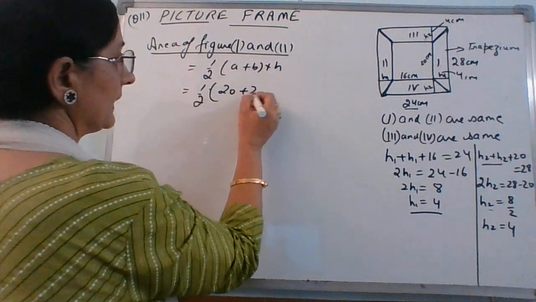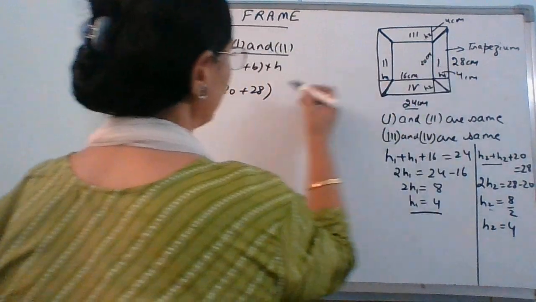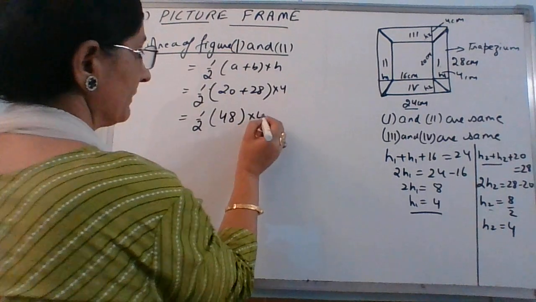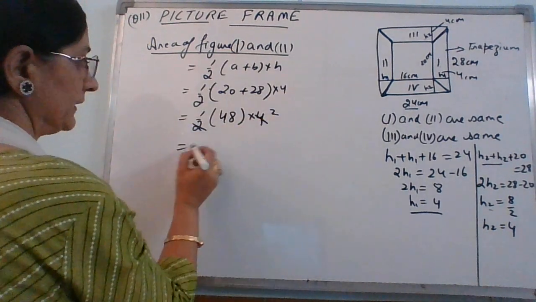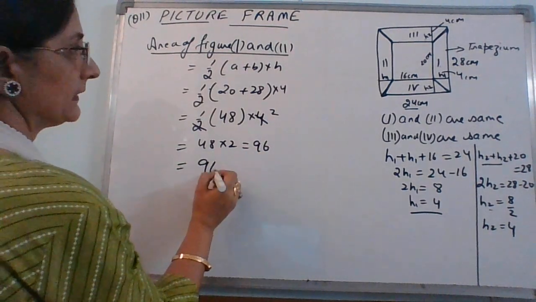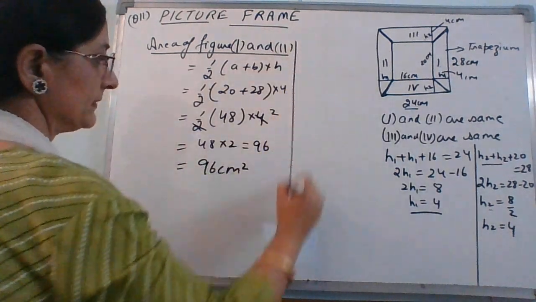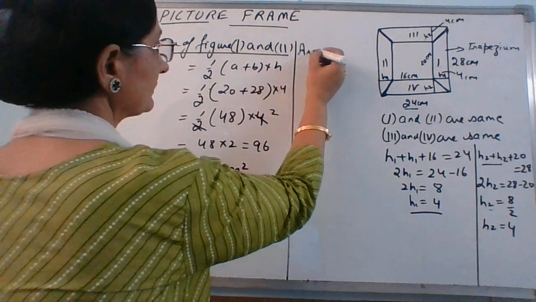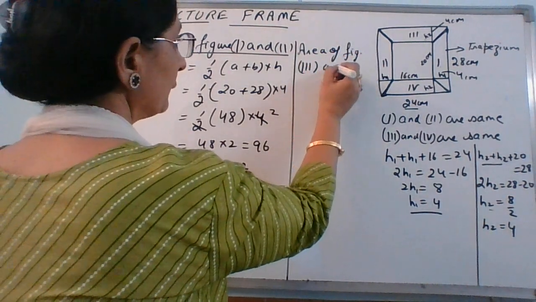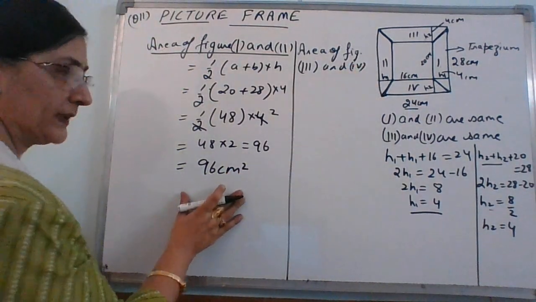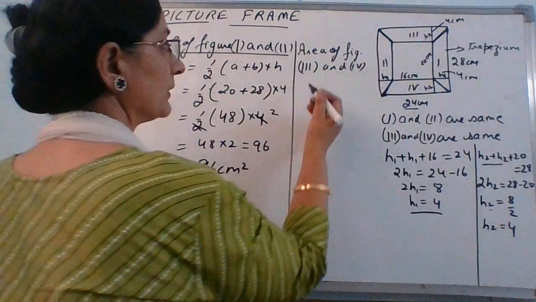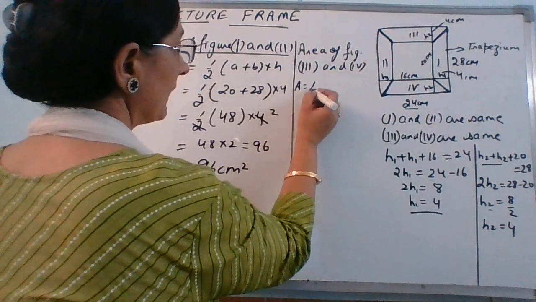and 28. आप देखोगे तो 20 और 28 पैरेलल साइड्स और उसकी हाइट 4 है, राइट। सो आप जब सॉल्व करोगे सो ये आपके पास आ जाएगा 48 into 4, आप इससे कैंसिल कर दो 2, तो 48 into 2 दैट इज 96, राइट। सो एरिया 1 और 2 का कितना है, 96 सेंटीमीटर स्क्वायर। सिमिलरली एरिया ऑफ फिगर 3 and 4, ये दोनों सेम होंगे, 1 और 2 का दोनों का 96 है, कंबाइंड नहीं है, सेपरेट, उसका भी 96, इसका भी 96।